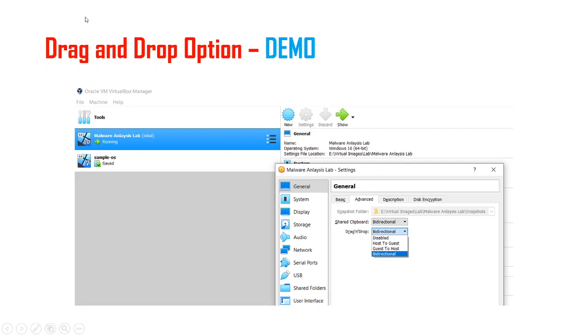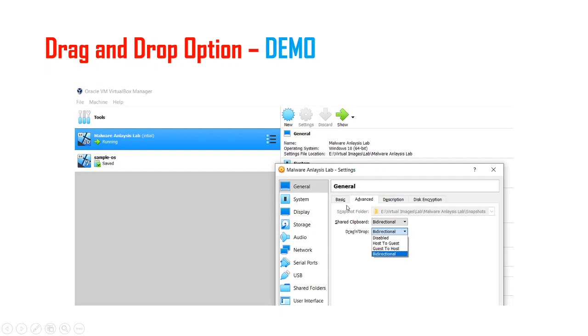The second option is the drag and drop option. Here, the same thing: I'm opening my virtual machine and selecting my virtual image, the malware analysis lab, the lab we have configured. I'm selecting the settings, right? After selecting the settings, a box will pop up. The first option is General.